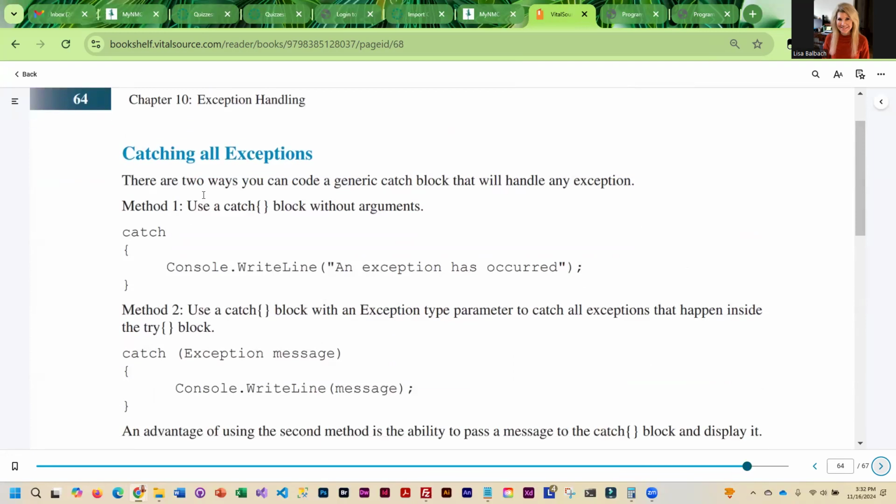So, catching all exceptions. The generic catch block can actually be coded a couple different ways. You can do it like this without any type of exception coded, or you can do this. This is also a generic catch block. And I tend to do this one because quite often I throw my own exceptions, and this allows me to